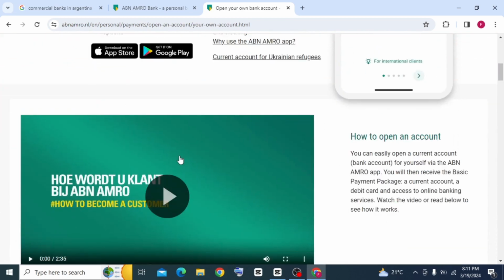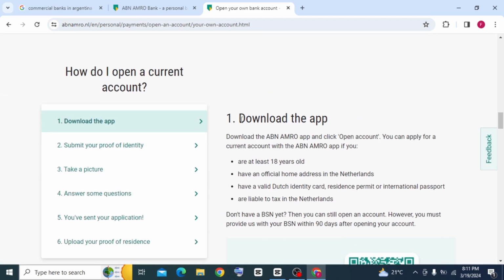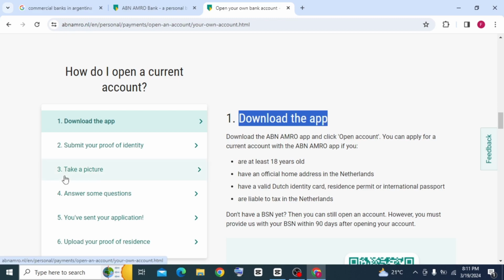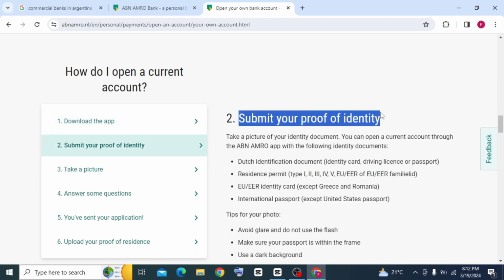On the next page, scroll down and you will see steps on how to open a current account. So the first step is to download the app, for which there are some conditions: you should be 18 plus and should have an official home address in the Netherlands. After that, you have to submit your proof of identity, in which you have to provide clear pictures of your